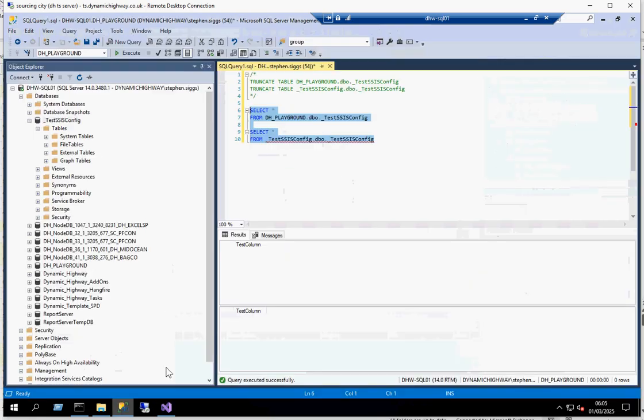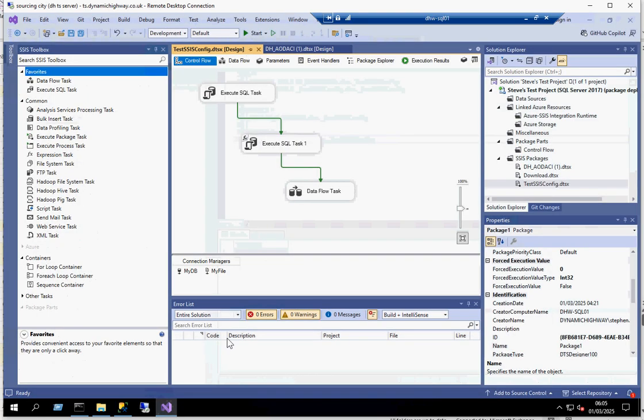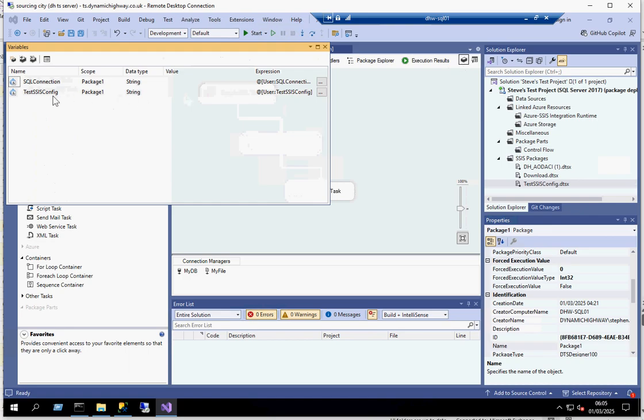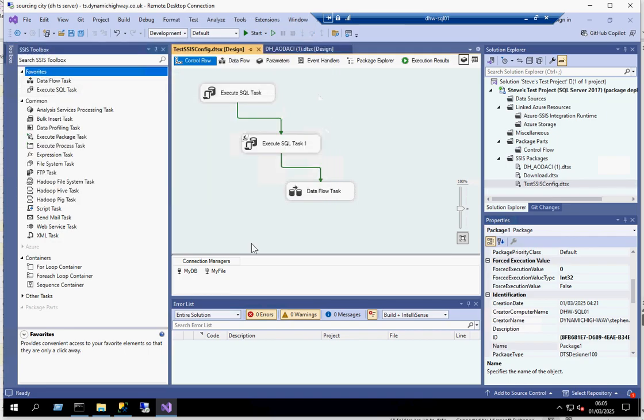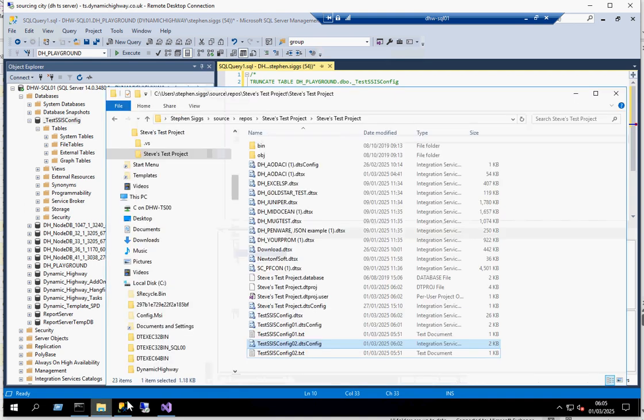If I come back in here and just run that, I've got blank. That was the first value because our test SSIS config parameter is blank. So that's fine, that's what it's inserted, nothing. And it's got the value from the file, and I didn't show you the file, but basically what I've created